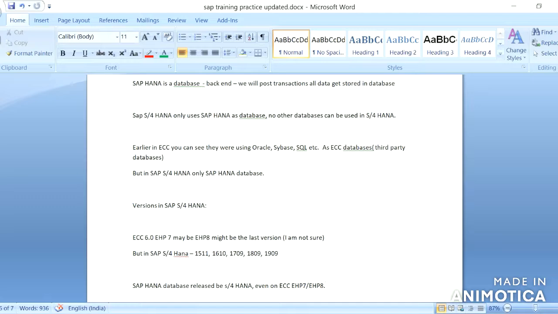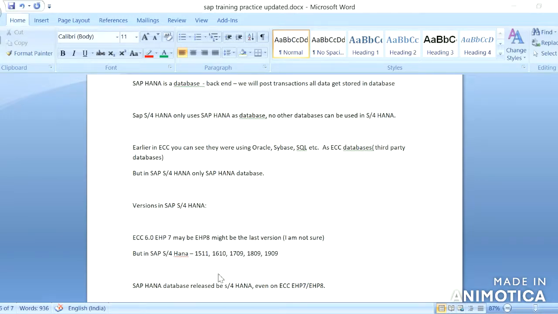So if people say that they are working on SAP S/4HANA, they need to work on the application, not only on the database. If they are working on the SAP S/4HANA application, definitely the database is the SAP HANA database. Then only they can say they are working on SAP S/4HANA. If only the database is HANA database and they are working on ECC, then it is not like they are working on SAP S/4HANA. These are all the main differences which we need to know about SAP S/4HANA.